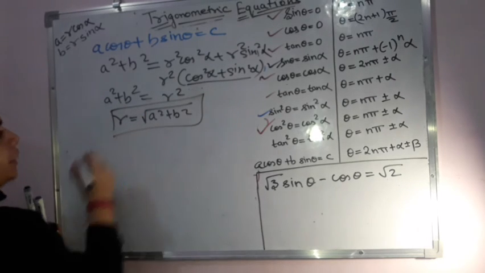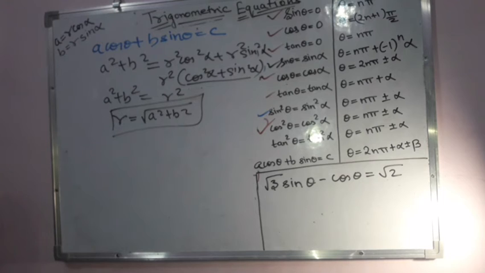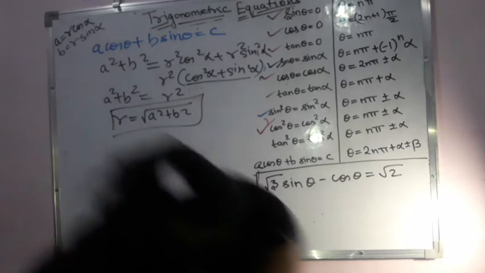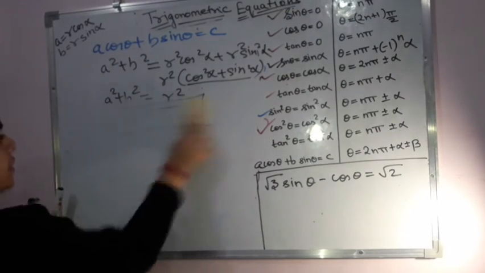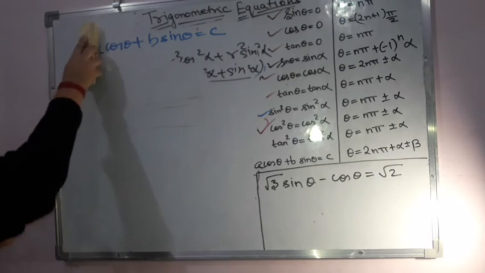Why am I doing it? Now see, r is equal to under root of a square plus b square. Is it clear till here? So this is what we have got. Now let me rub this part, how we derive this thing. So r is equal to under root of a square plus b square. This is something that you can remember.